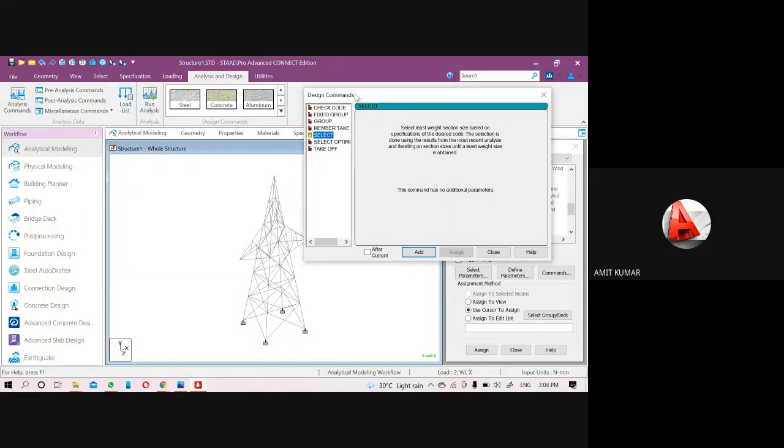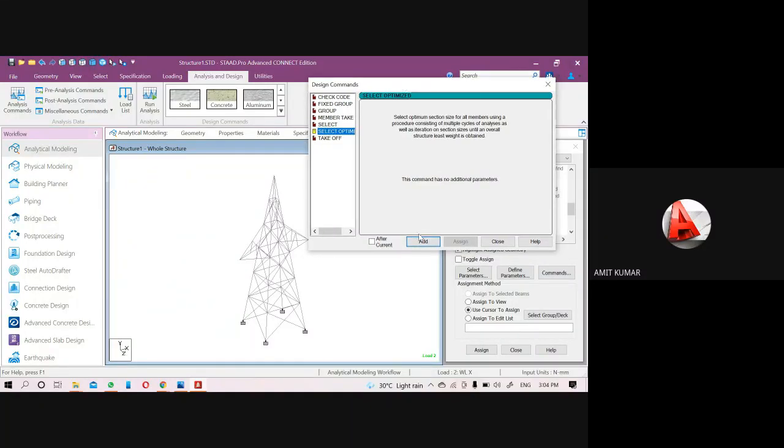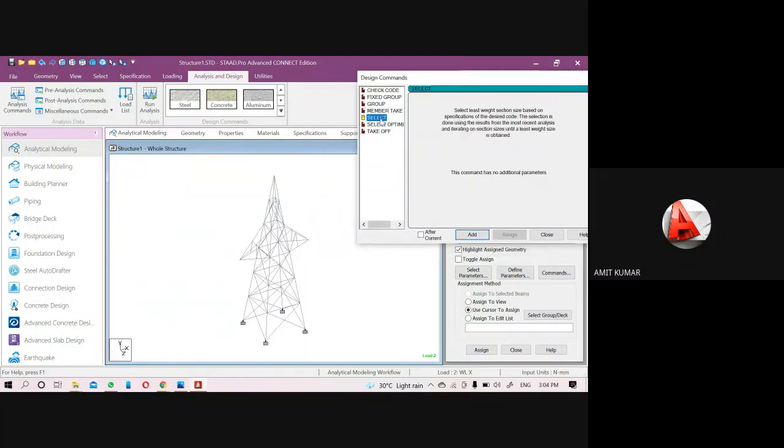One more thing, I already explained that the software will add the steel shapes here. So if you want to control this, you can control it through the select optimize. That means the software will assign the optimum section size, not the maximum or minimum value. That means through the select optimize you will get the output with optimum strength values. Okay, not the maximum.